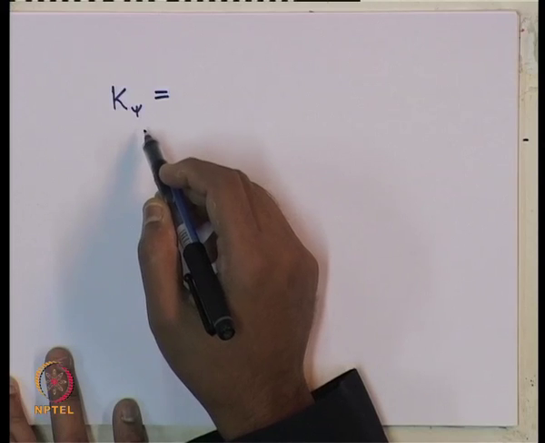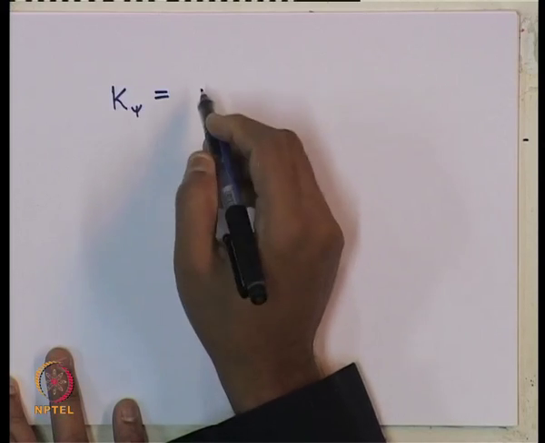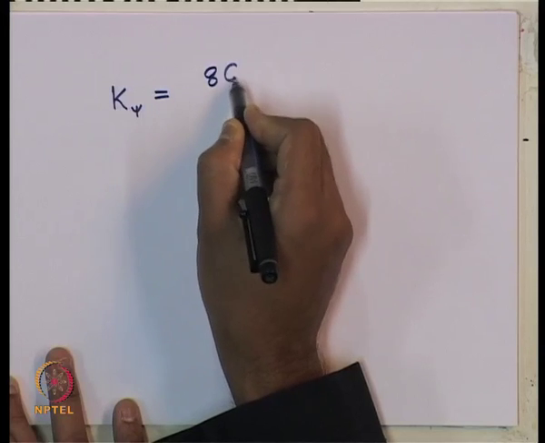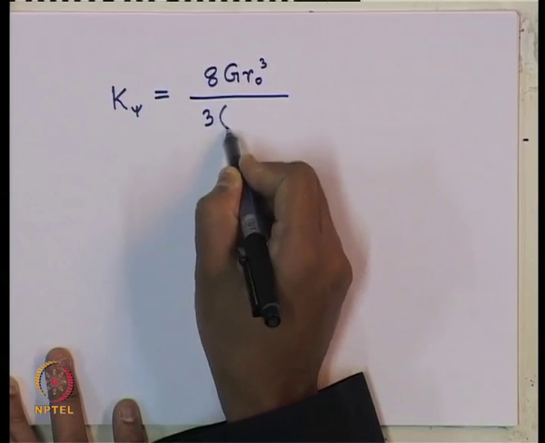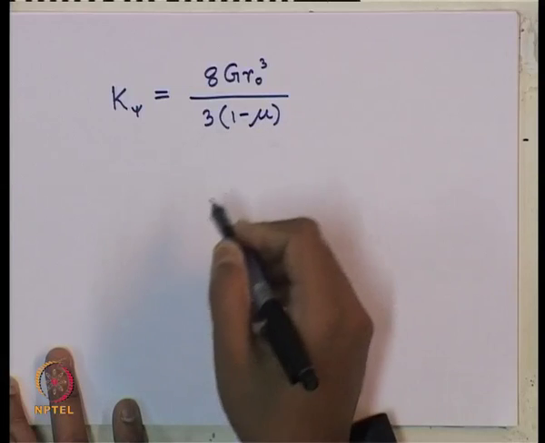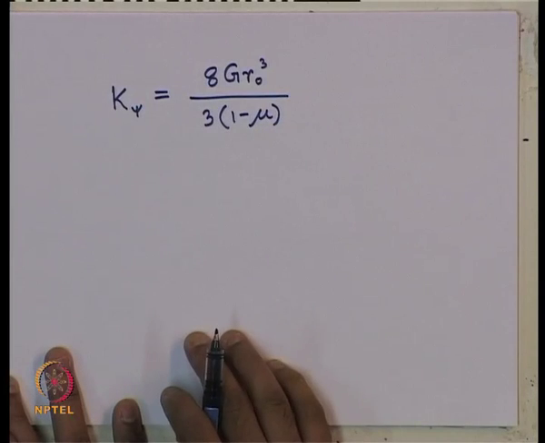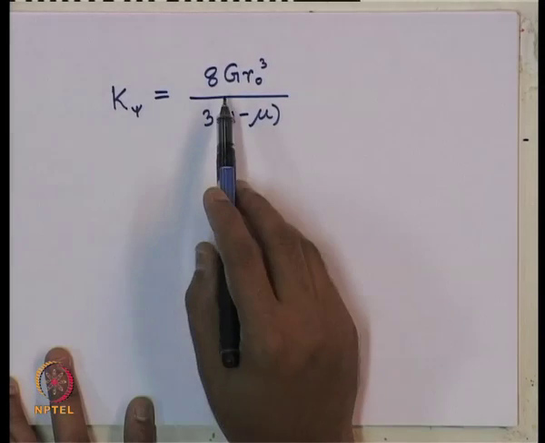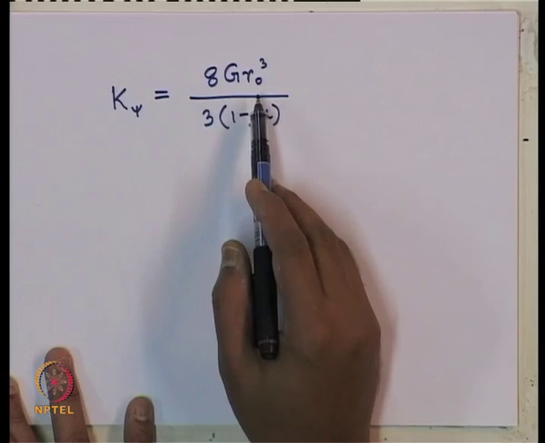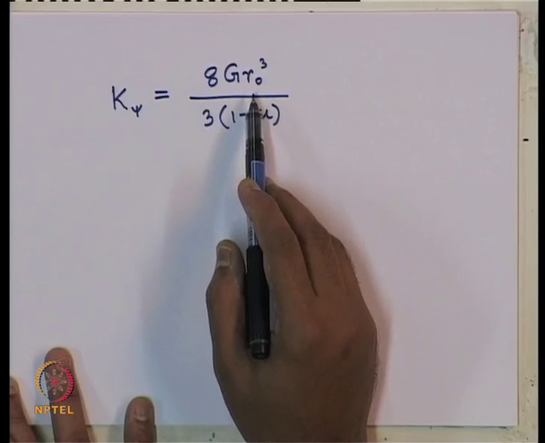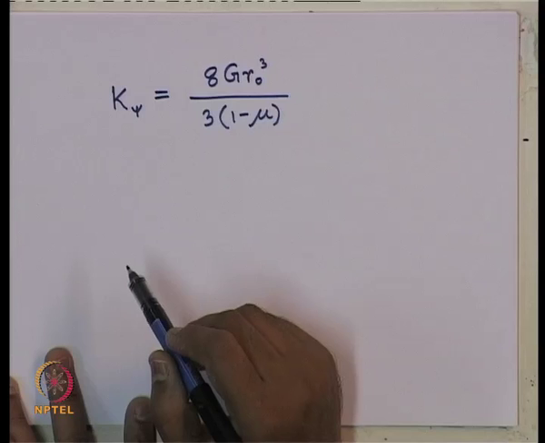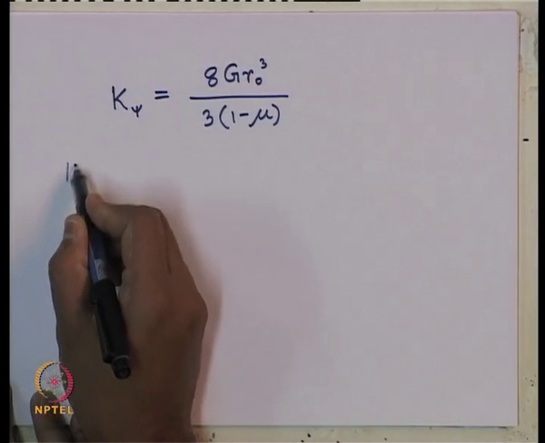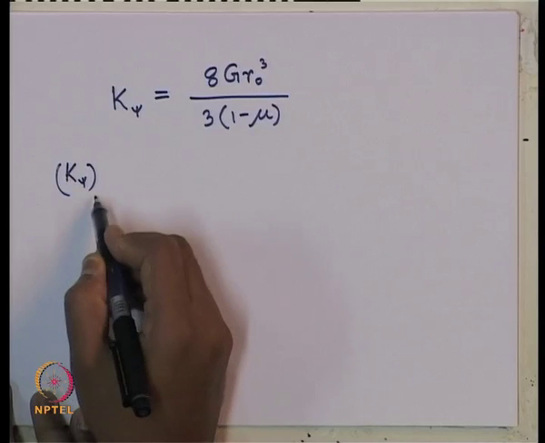So, for the case of rocking mode of vibration, k psi can be computed using this expression: 8 g r naught cube by 3 times 1 minus mu. This is again obtained using theory of elasticity given in Timoshenko and Goodier. In this case g is shear modulus of the soil, r naught is equivalent radius of circular footing, mu is Poisson's ratio. So, now for 3 types of soil, let us find out k psi